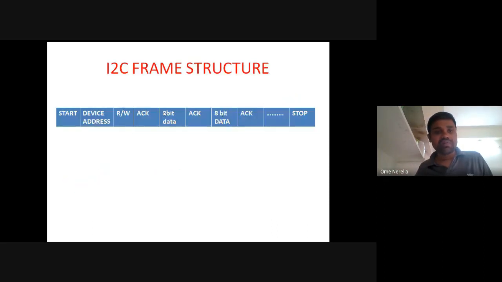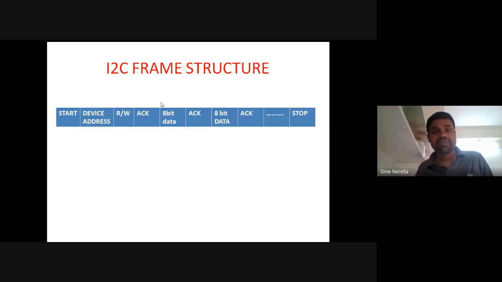Here, start bit, and after that the device address, meaning which device our microcontroller wants to communicate with. After that, the read or write operation: whether we want to read data from the device or write data into the device. After that, internally it will send one acknowledgement signal. The acknowledgement signal is used to tell whether the communication is going on successfully or not.